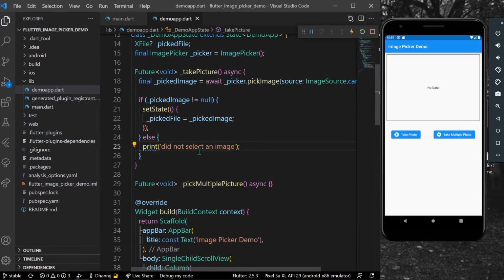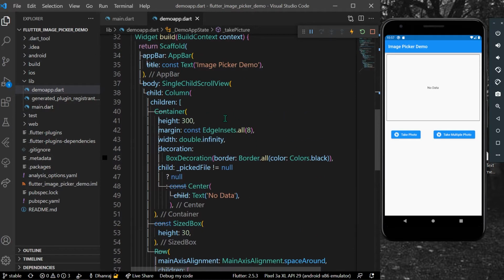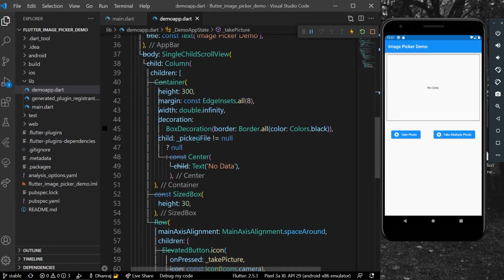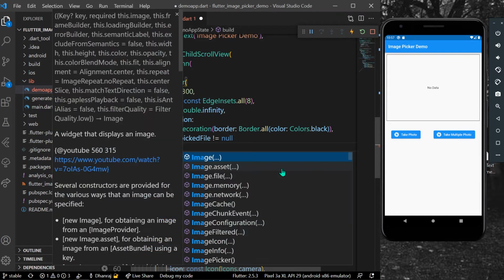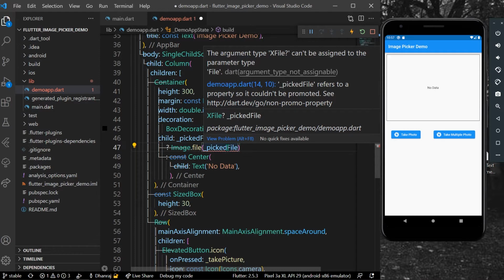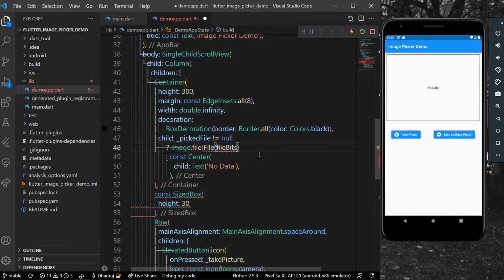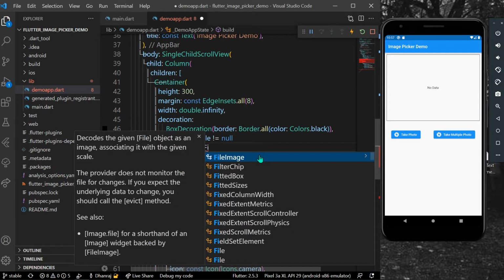Now with this function you can open the camera of your app. This is our container, and inside our container I have our picked file. To show an image, we have to use Image.file, and here we have to give our picked file. But as you can see, it does not take the type XFile, it takes a type of File. So we can simply write File, not this type of File,